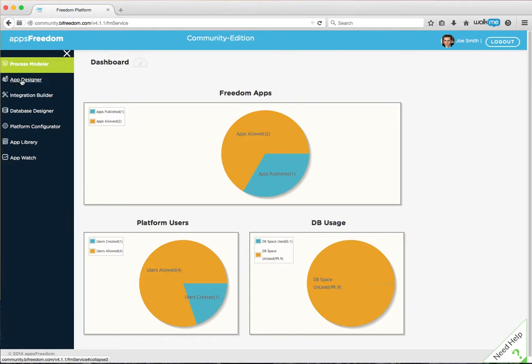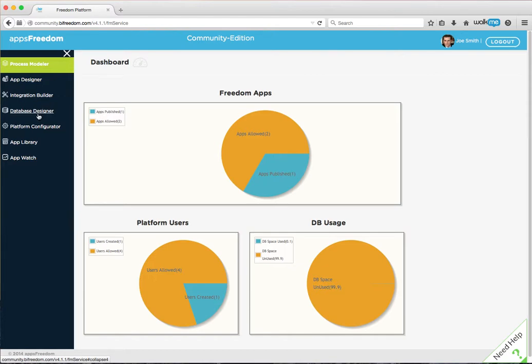The app designer is the second step where one can go and enhance the app screens. This is where you can put all the different themes, the colors, the design elements, and everything else to make the app look pretty. The third component is the integration builder. This is where you would go and put down all the integration logic, the business logic, to get data from different source systems, databases, so on and so forth, and apply the logic and give it to the app.